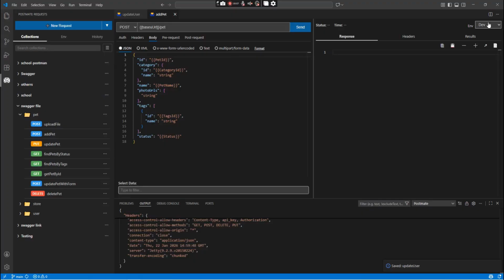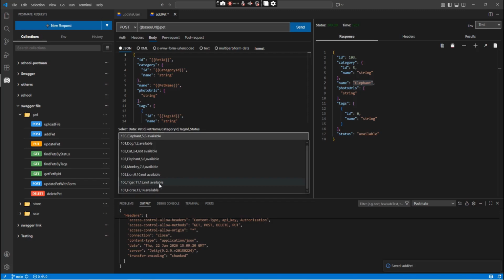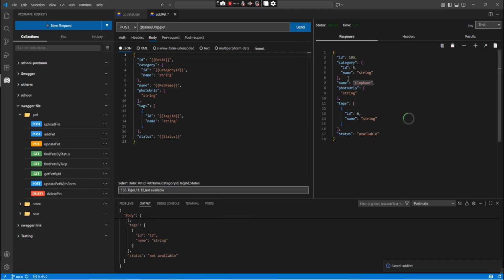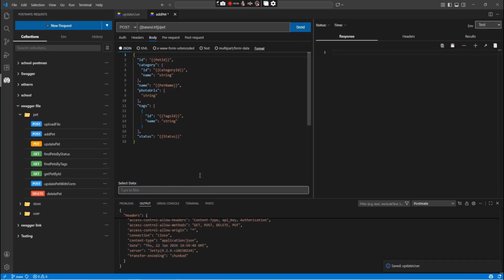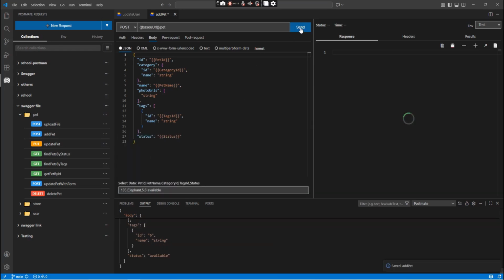In this video, we learn how to send the same API request with multiple sets of data using a data table in Postmate client. As we saw in the previous video, we learned how to import a curl command into the Postmate client. If you haven't watched it yet, please check it out. The link is in the description of this video.